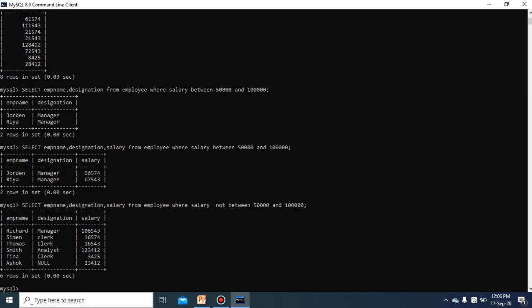After the between operator, there is the in operator. In operator means a list of values. Like select emp name, comma, designation.